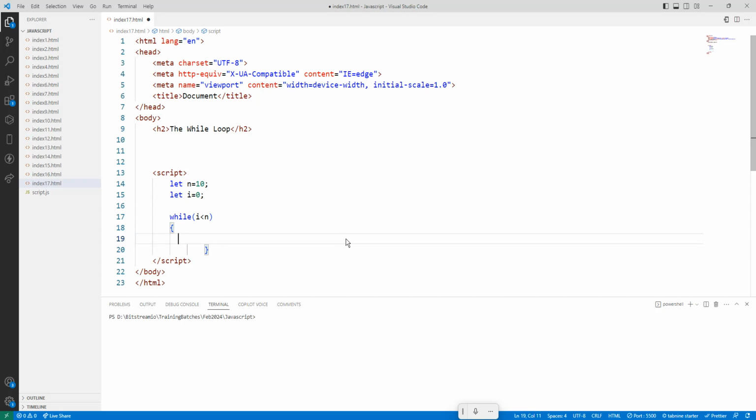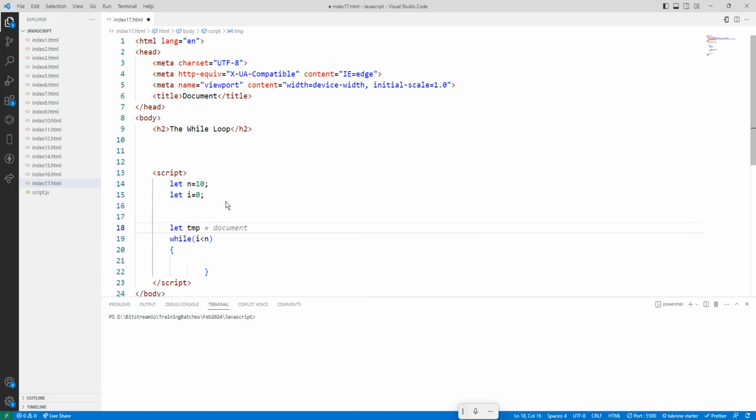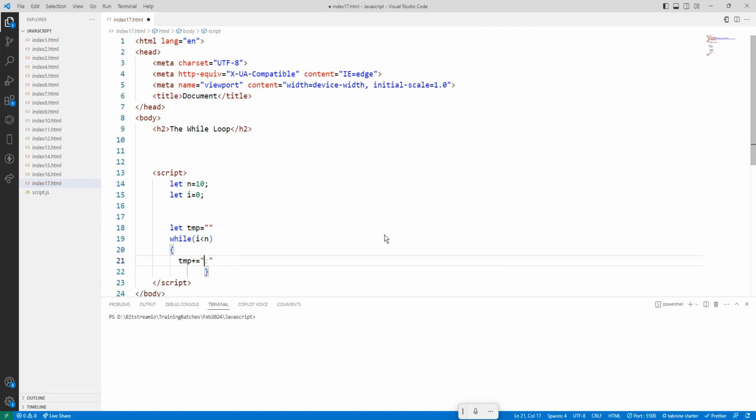So I will take one more variable, let tmp, a temporary variable, equals an empty string. Now tmp plus equals, I want to add this string. So what is the string? First I will add a break tag here to each line to make some space, break, plus